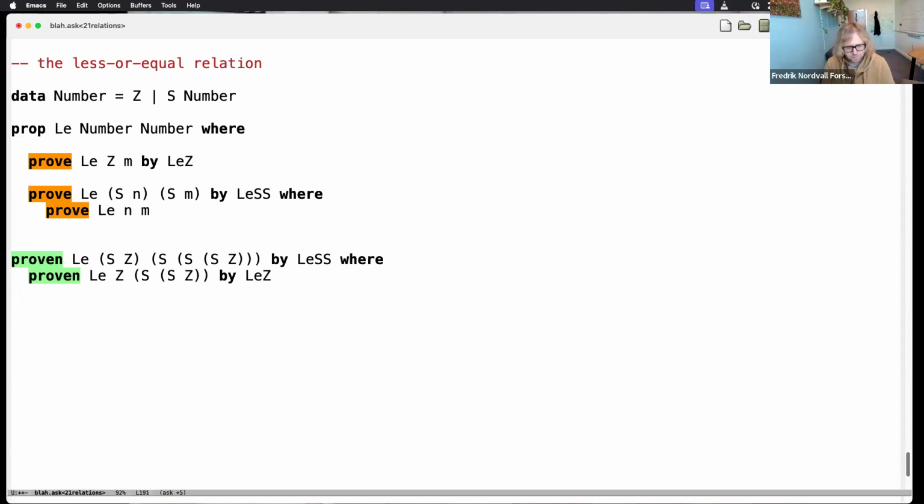Okay. But I think we should prove some important things about less than or equal before we get on with the main deal. Actually, do you want to do this, Fred? Are you in a position to? Yeah, I could try. If I stop sharing and you share, can you prove that less than or equal is reflexive?